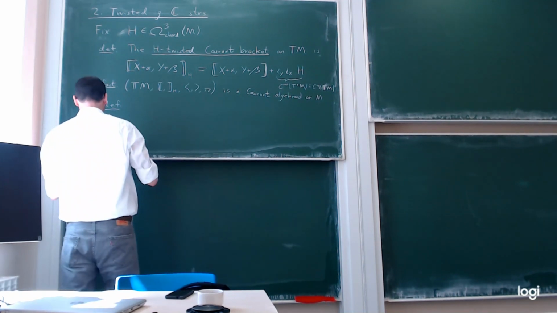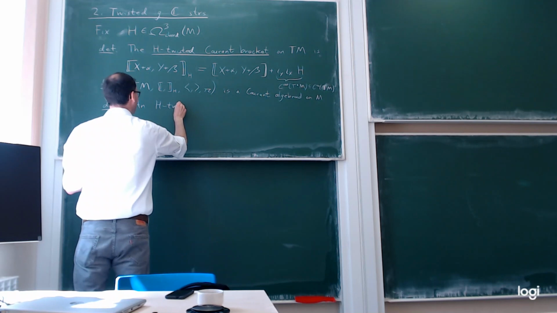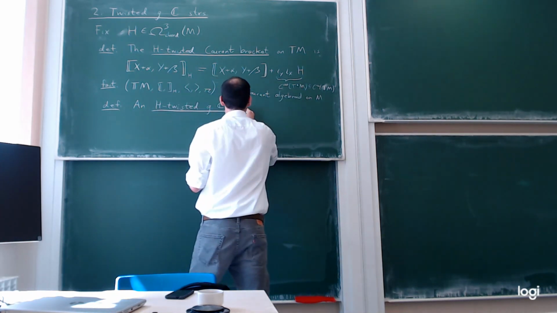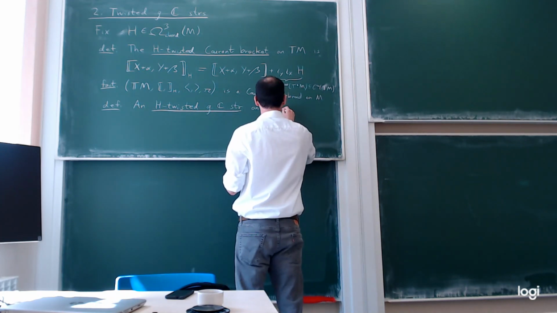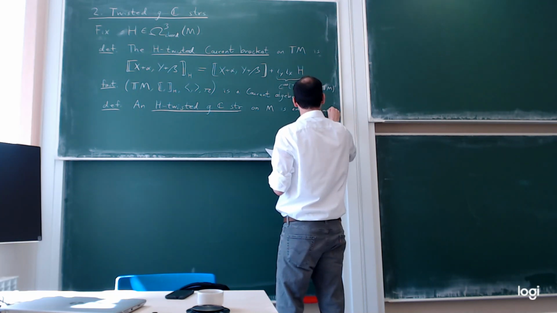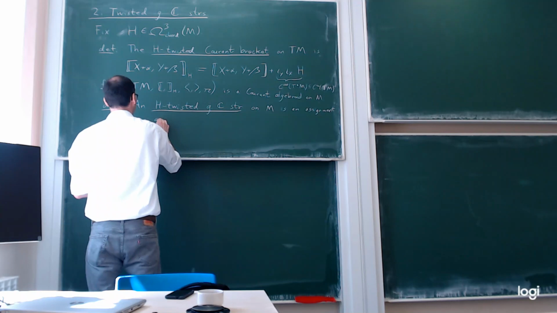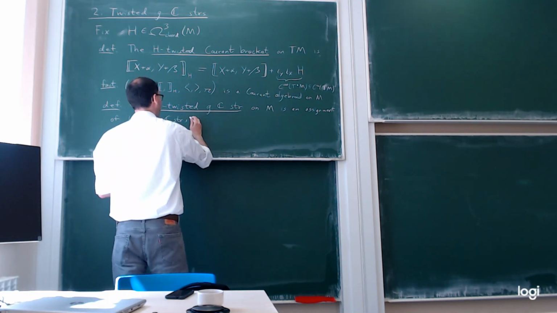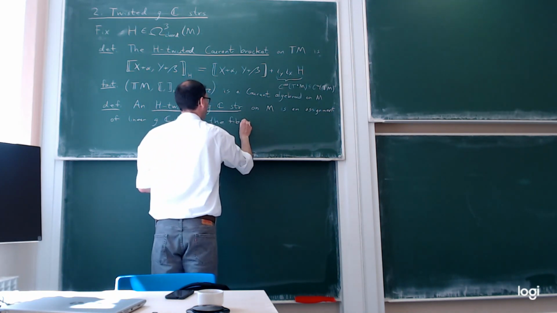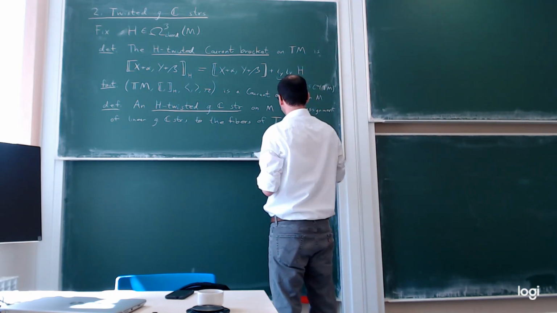It's defined as follows: an H-twisted generalized complex structure on M is a fiber-wise assignment of linear generalized complex structures to the fibers of the generalized tangent bundle, or extended tangent bundle,